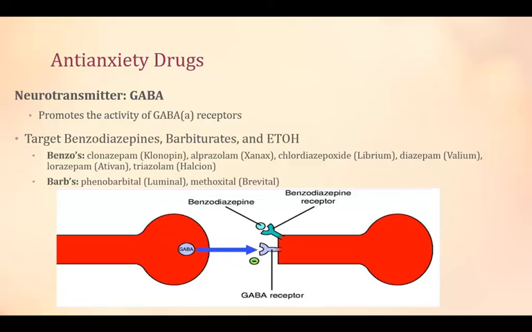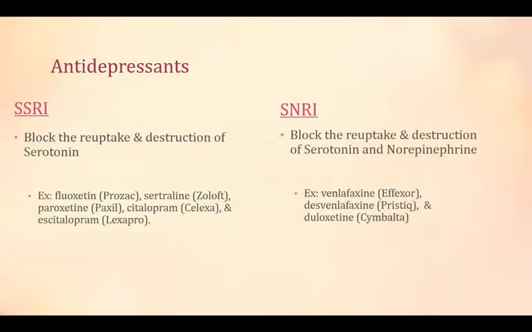The next category are antidepressants, and there are four main antidepressants that are used. They are SSRIs, which are selective serotonin reuptake inhibitors, SNRIs, which are selective norepi reuptake inhibitors, tricyclics, which actually are blocking agents for norepinephrine and serotonin, and then the MAOI inhibitors, which inhibit that monoamine oxidase enzyme. So we'll talk about each of these a little bit.